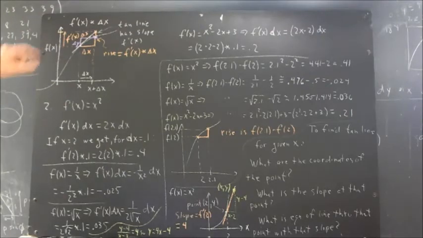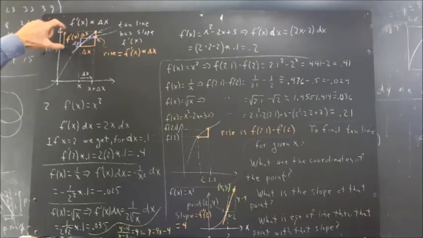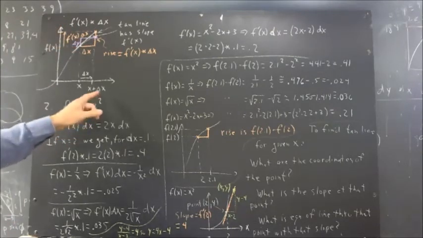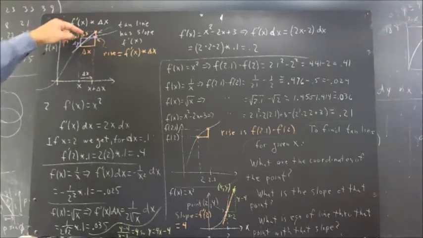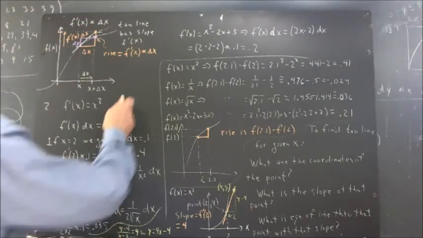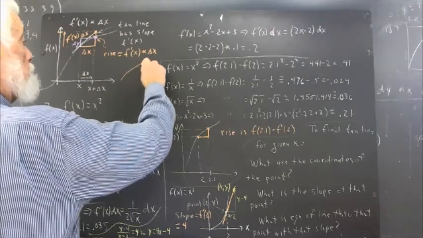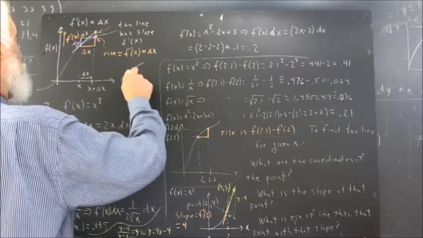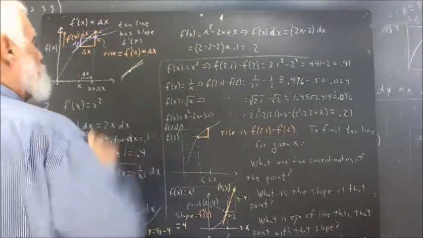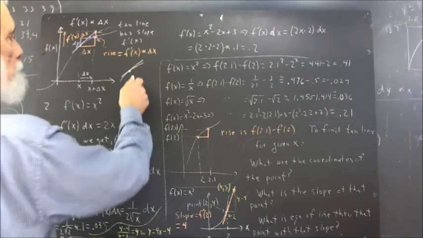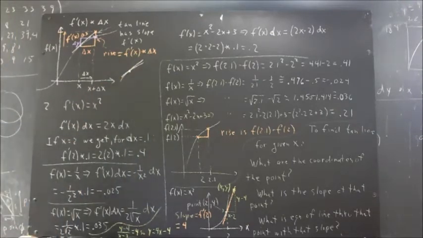Now, we see that delta y and f prime of x delta x are not the same. But if we used a smaller delta x, the delta y and the f prime of x delta x would be much closer. So, for example, if the curve looks like this, we've got this point here, we've got the tangent line. If we use a smaller delta x, and I'm going to go off camera again for a second,